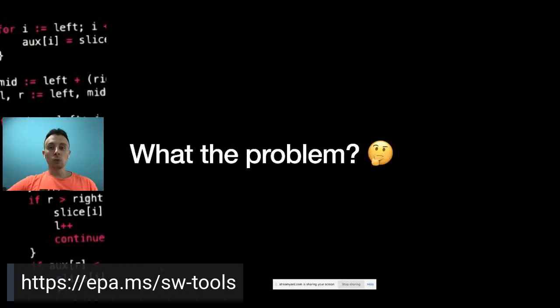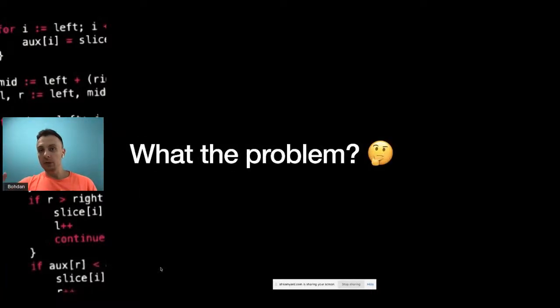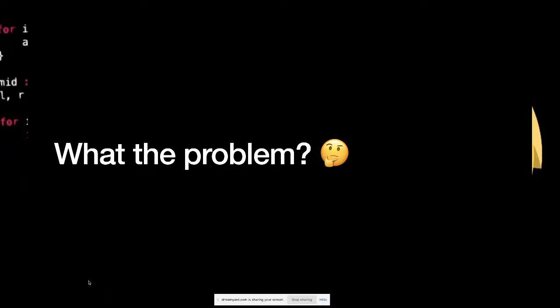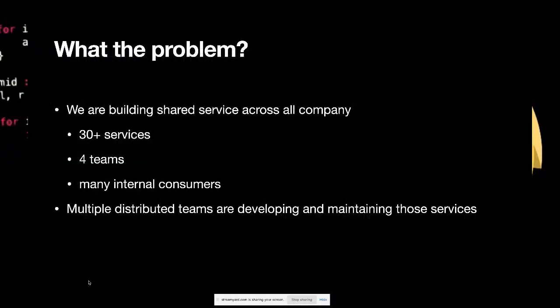Okay, so what's the problem? The problem is not about Swagger itself, but about the challenge we actually faced on our previous projects. Imagine that you have a company where you're dealing with microservices. You have at least 4 teams, probably more, and at least 30 services, right?